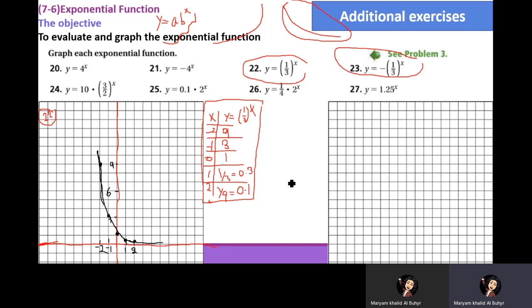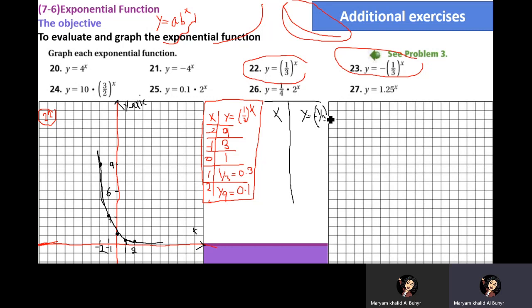Now let me make with you, that's the x-axis and that's the y-axis. All right, for this one, why am I doing this? Because it's exactly the same as this, but I want you to see the difference. Here, because I have a negative, this graph will be reflected over the x-axis. Let me make the table. I'm going to take exactly the same values for x, and for y the only difference is the negative, so this is -(1/3)